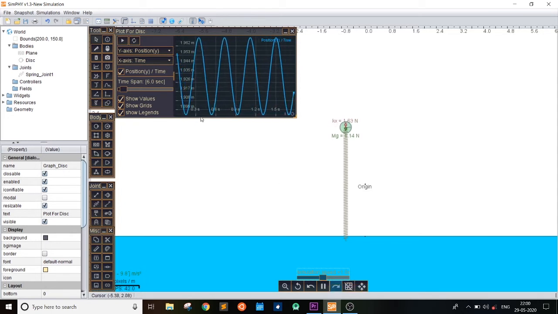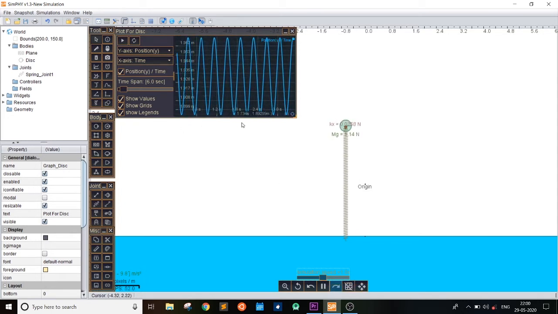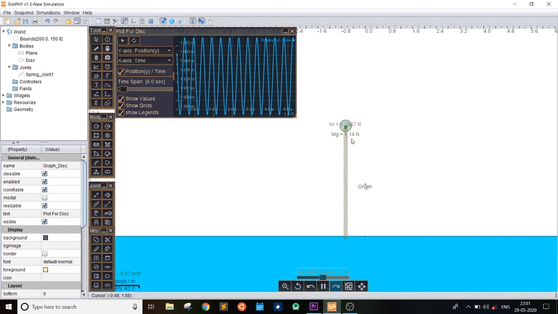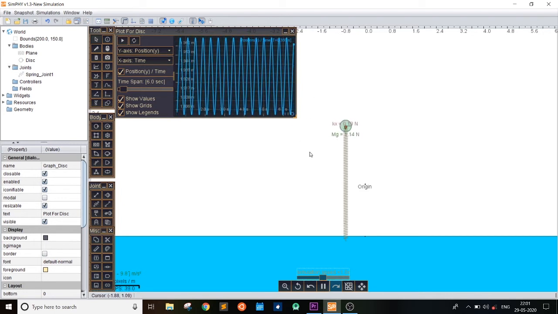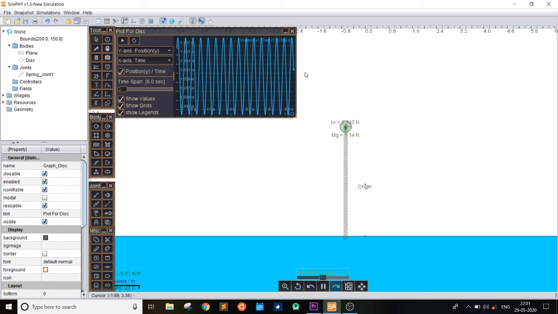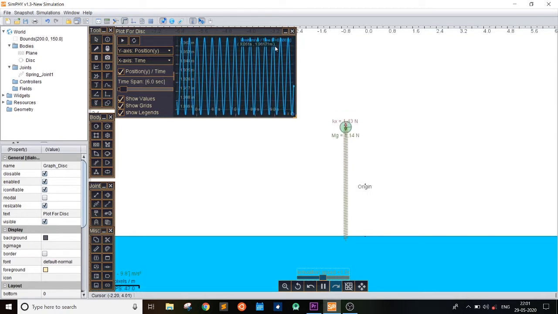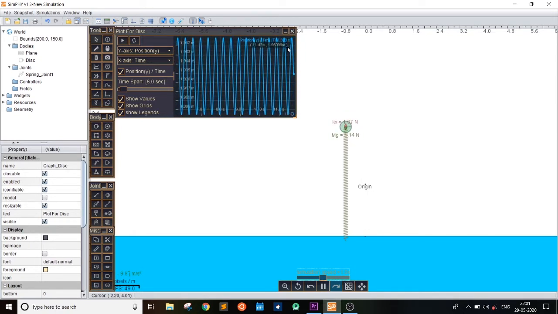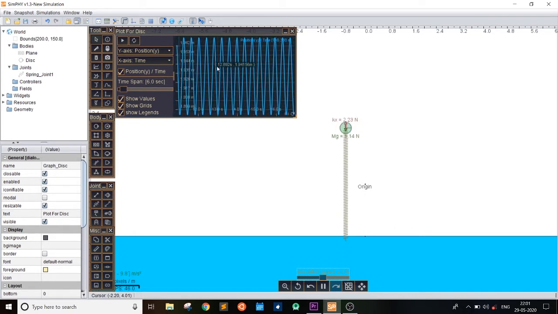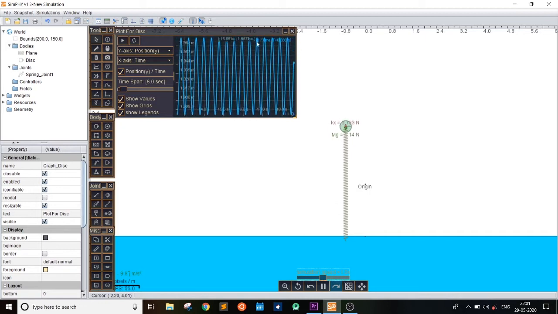As you can see, there is sinusoidal motion, a very simple SHM motion. And there's another feature of it there. It's the time period. You can see that T is equal to 0.389 seconds. The graph feature also provides the time period of the motion instantly.